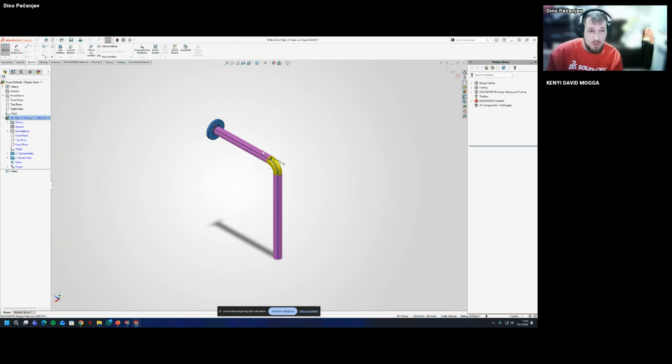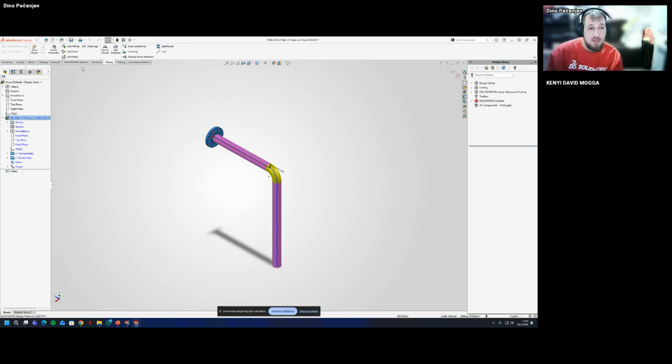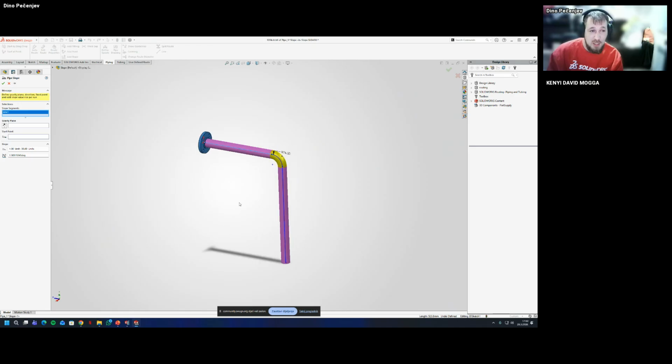So when we edit the route in piping, to add a slope, we have the command add slope. I'm going to put the slope segments, which segments need to use the slope, gravity plane, choose in which direction, down, and the start point.